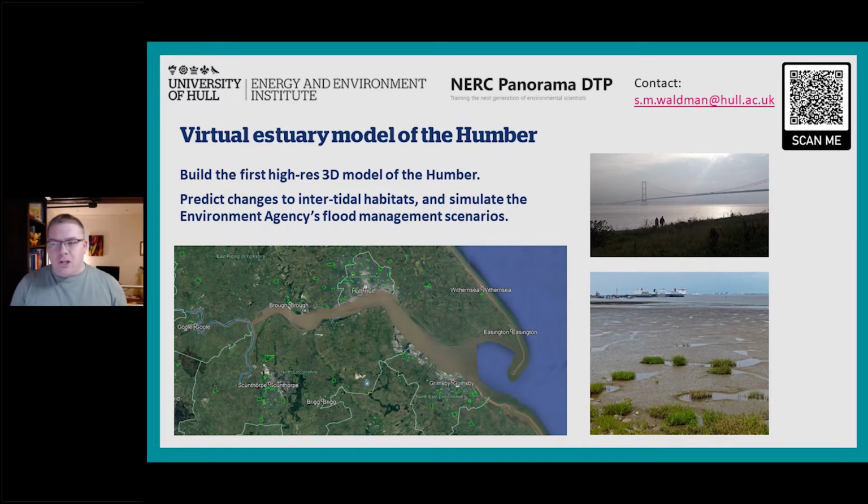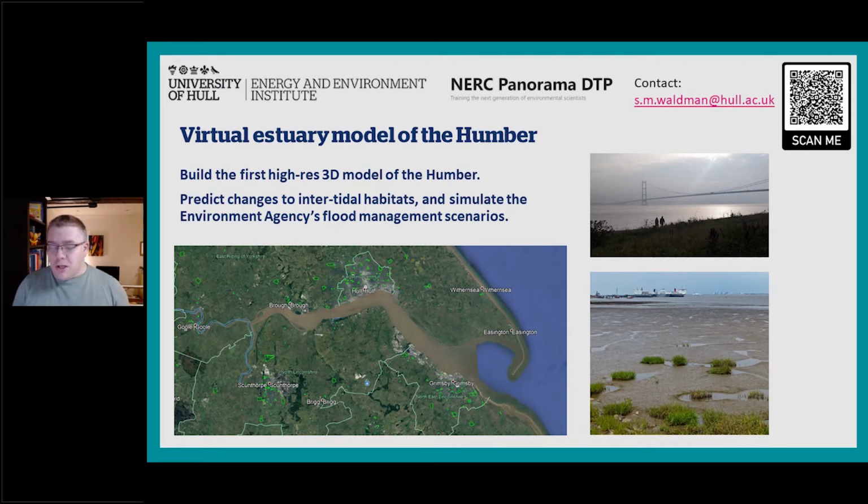And it has a very large tidal range, and that makes the surroundings very vulnerable to tidal flooding with storm surge events, or in the future with sea level rise. And the current flood defences for the city of Hull and other areas around the estuary are unlikely to last beyond about 2100. So the Environment Agency, which is the agency in England that's responsible for flood protection, is looking